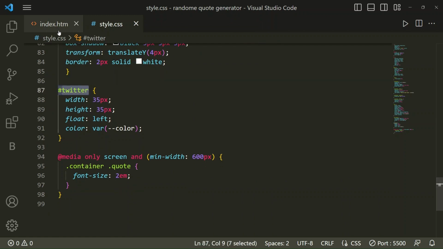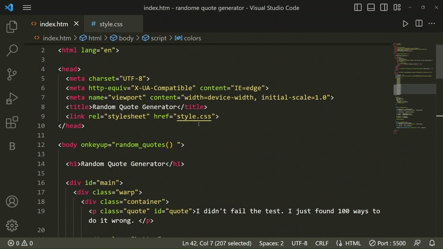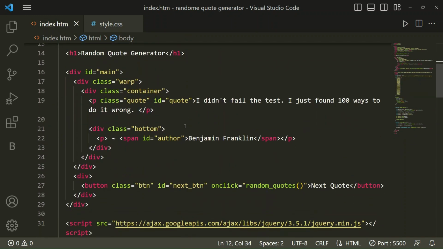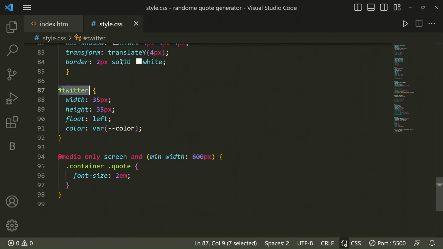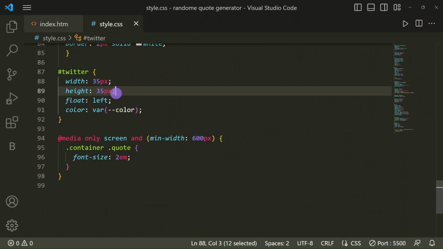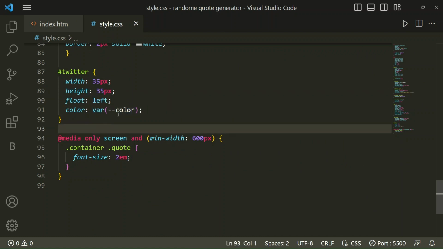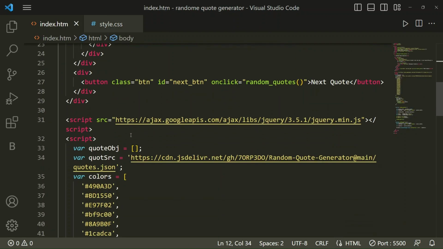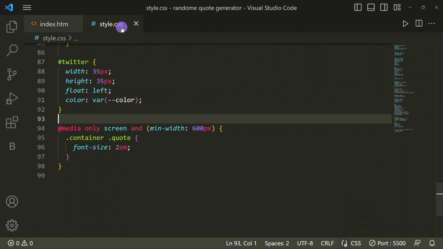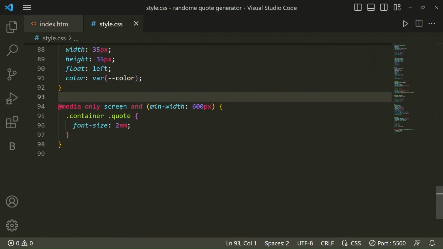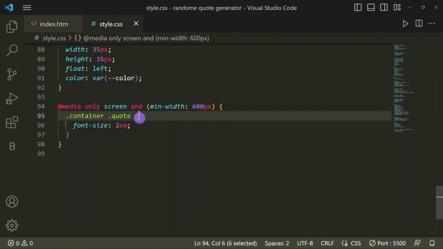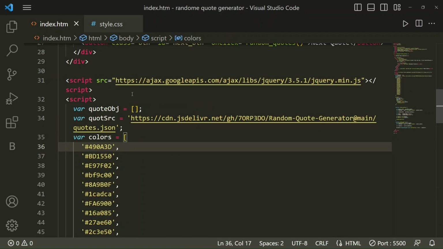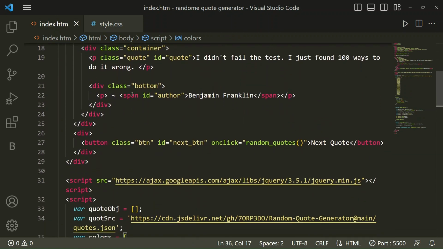And for Twitter, width 35 pixel, float left, and a variable of the color, it will take randomly from these color codes. Now we have taken a media query. For responsiveness, the container and code font size will be 2em. Once again I'll show you the code.